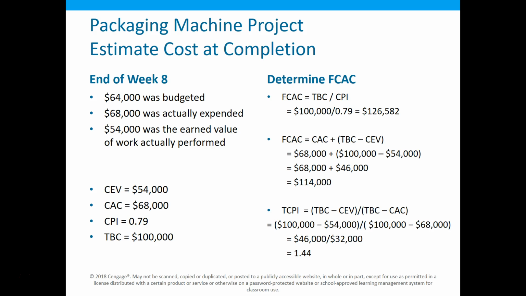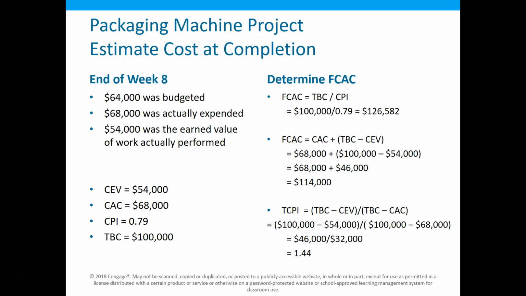But we also probably have a little better idea than just looking at these numbers in the book. We also probably know how this project is done. What have we done historically? Now, if we have a lot of historical data and we're still getting a CPI of 0.79, we didn't budget correctly to start with. Does that happen a lot? Yes. People will under-budget a project trying to figure out how they can get their bid to be the most competitive. So, there's 3 different methods that we can use right there.